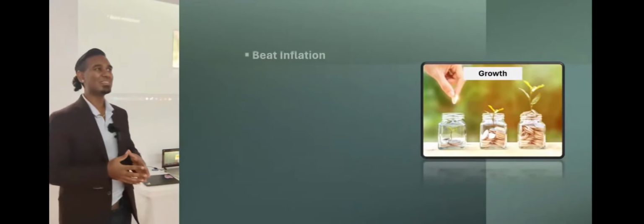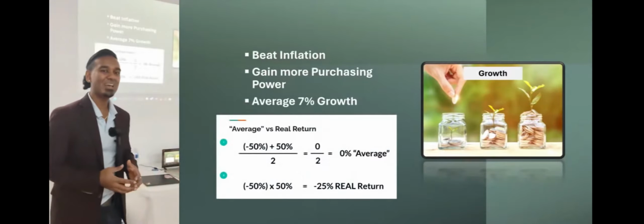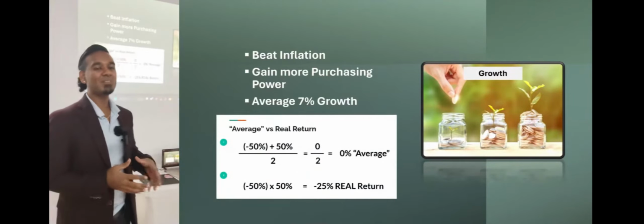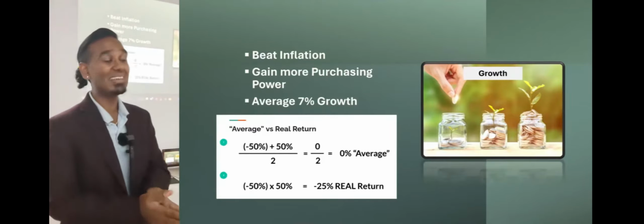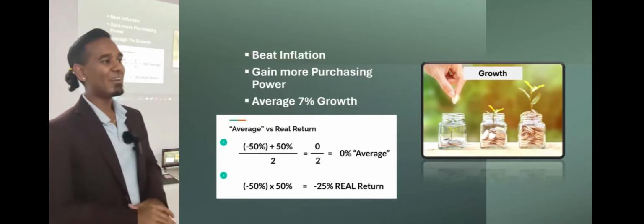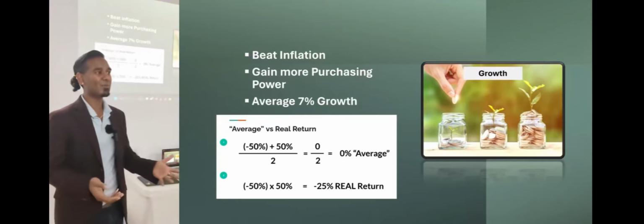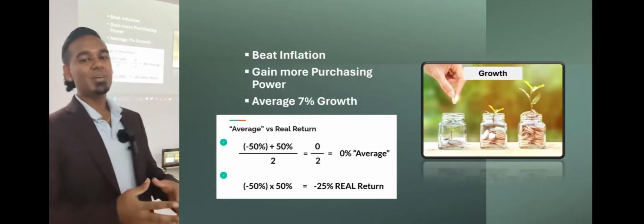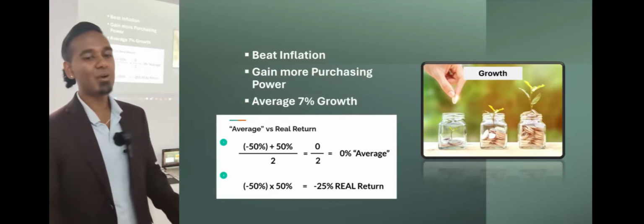And then the most important aspect, or the most thrilling aspect of this product, is that there is growth potential. With all the different types of accounts, there are different returns that you have. What this does is at the minimum always beat inflation. So on average, you can have a 7% growth. With different products, they have different growth potentials as well. But because you're growing your money, the money that you have gives you more purchasing power in the future.